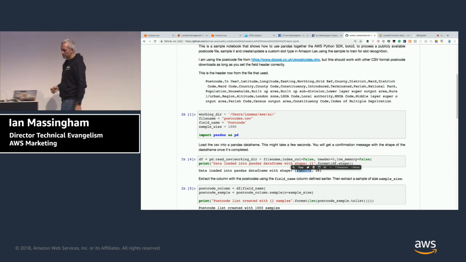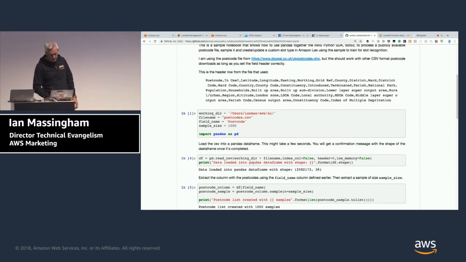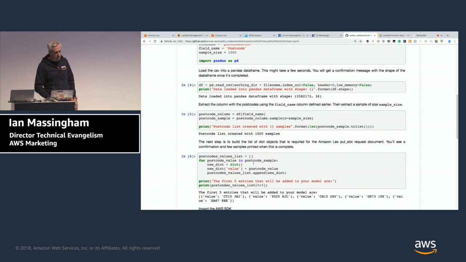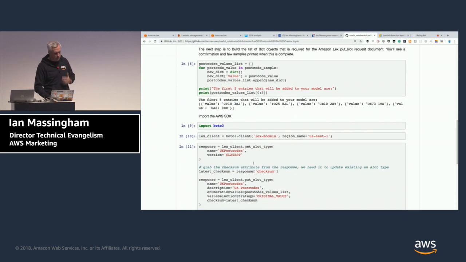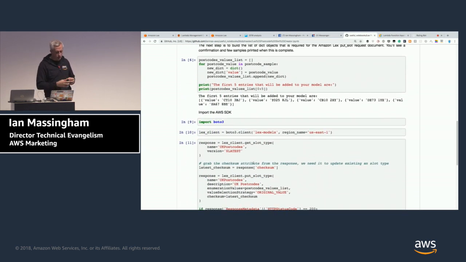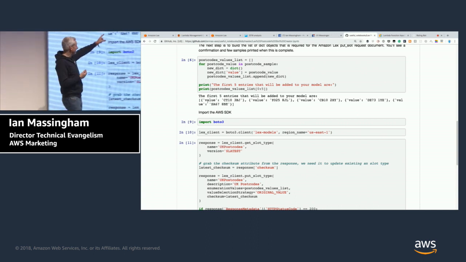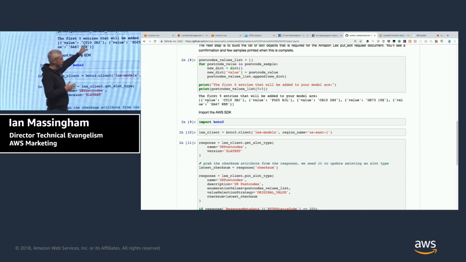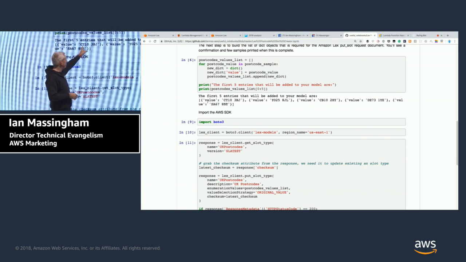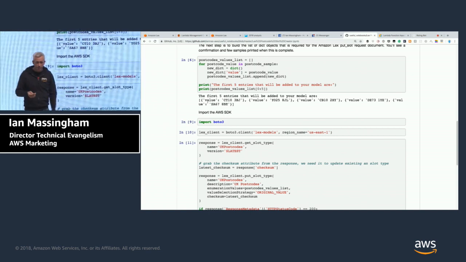So what I decided to do instead was sample the data. I took 1,000 samples, and from that 1,000 samples, I construct a list, a Python list object containing key value pairs, where every key value pair contains the key value, non-unique keys, obviously, together with a postcode from this sample of 1,000.